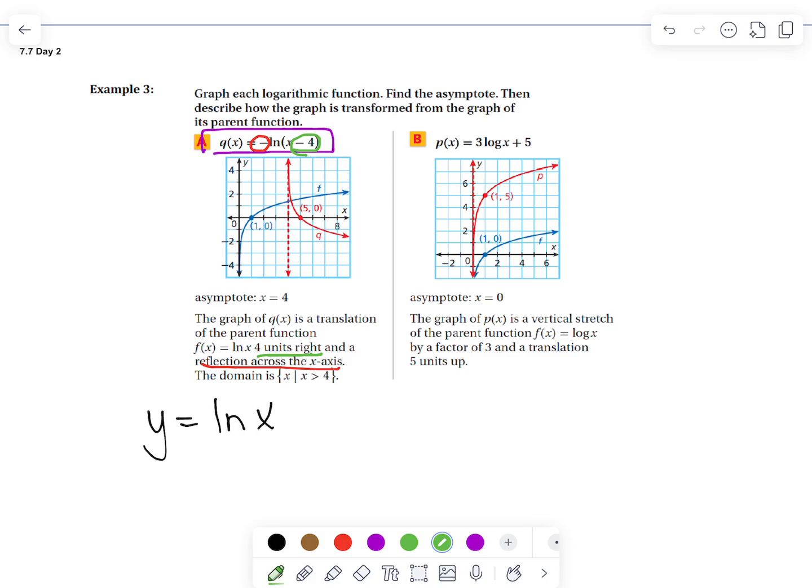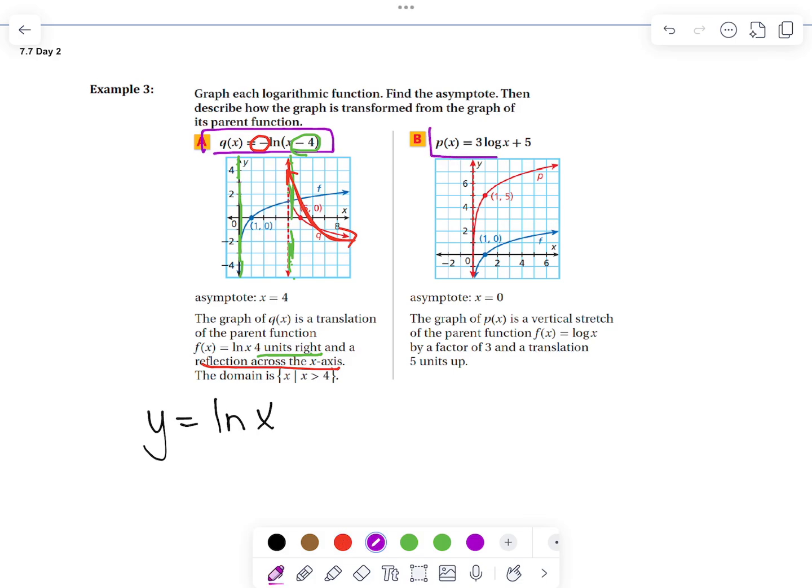So notice where the asymptote now has moved. In the parent, it's right here, and now it's moved to the right 4 units. So now here is our new asymptote. And then here's our child now graphed out. So in our lesson, we're focusing more on just the description. The second example,